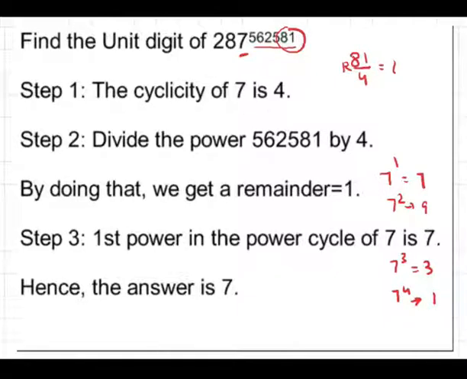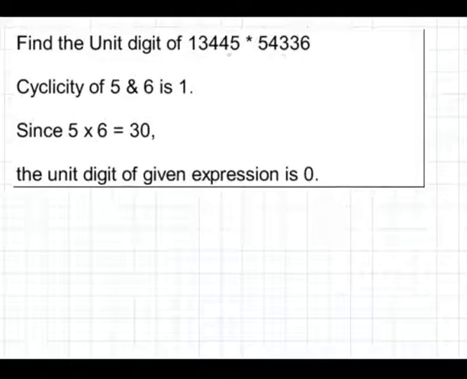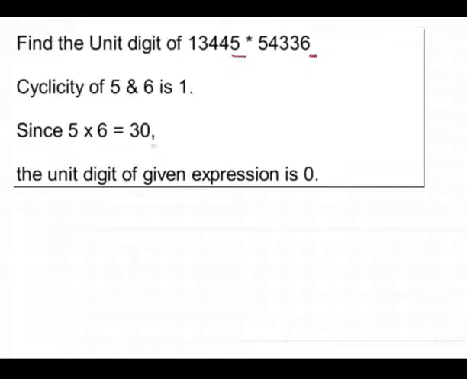Next. Find the unit digit of, it's a very big number, 5 raised to this, 5 into, I'm sorry, this is a multiplication. So you're going to multiply these two and check. So now there is no power here, but the last digit again is too big, so you don't have to consider all this. Just take these two numbers and multiply, and when you multiply, the cyclicity is 1. Otherwise also, when you multiply, you're going to get 0 as the last digit. That's it. This is over. The unit digit is completed.